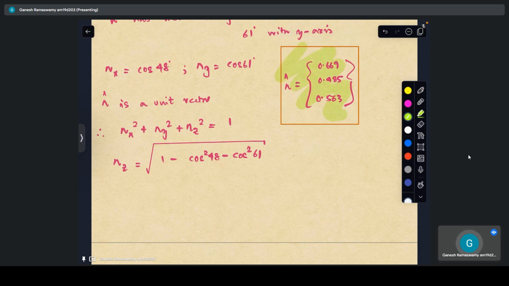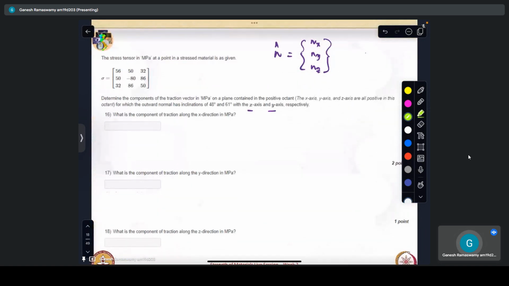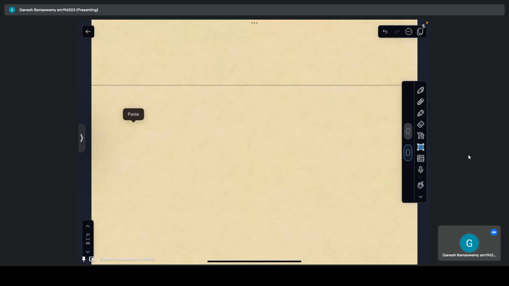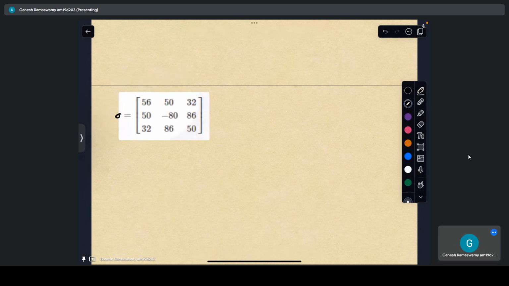So this is our normal vector. Now let us see what the question is asking. What is the traction vector component along x direction, y direction, and z direction? So we have a recipe for this. I'll just take a copy of this and put it here. So this is my sigma. Sigma is given by this. So using Cauchy's formula,